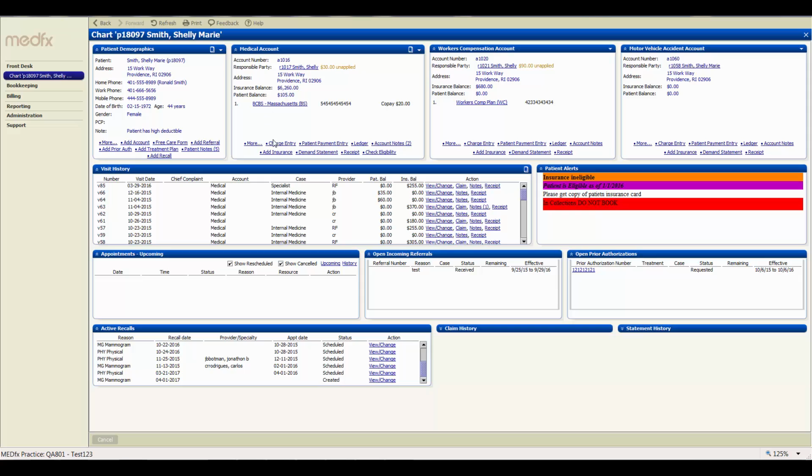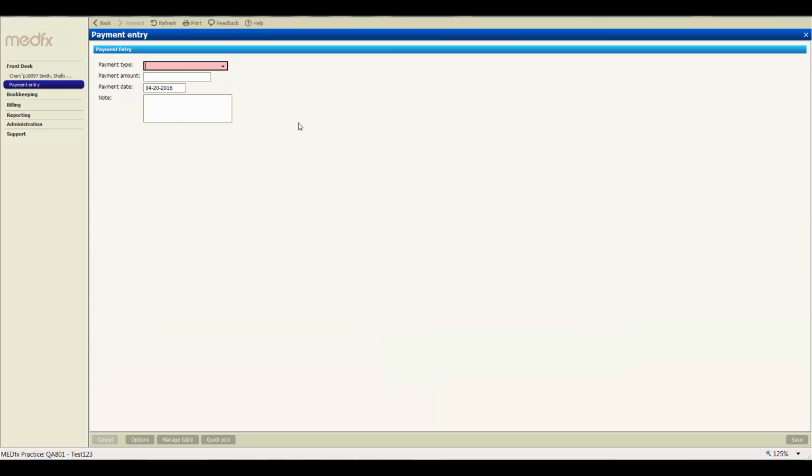Also under the accounts pane, there is a charge entry link, so you could enter manual charges for this account if and when necessary, and we go over the billing in session 3. Patient payment is where you could enter any patient payments. So if this patient was paying their copay for their appointment today, I could come into the patient payment entry screen,